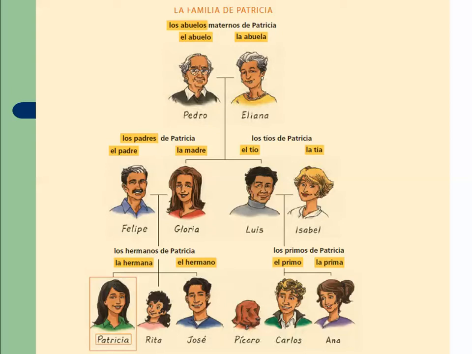Or whatever. So I now challenge you to come up with at least 2 relations of your own. Maybe you can challenge yourself and go, how do you say that Isabel is the sister-in-law of Felipe? Or how do you say that Felipe is the son-in-law of Pedro and Eliana? Or how do you say that Ana is the granddaughter of Pedro and Eliana? So challenge yourself and use this chart to help you